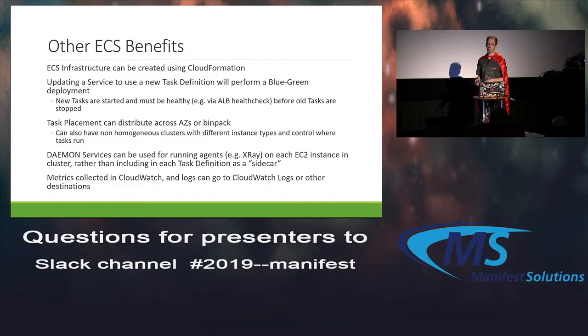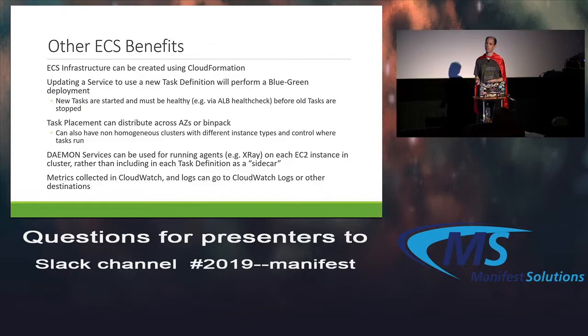And when you specify a service to use a new task definition, it's going to perform a blue-green deployment for you automatically. And that's going to ensure that your service remains up and running. Now, this isn't very sophisticated. Essentially, what it's going to do is spin up copies of that new task. Perhaps it's a different container